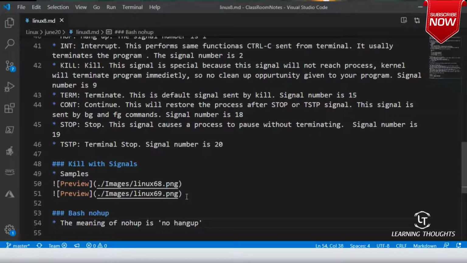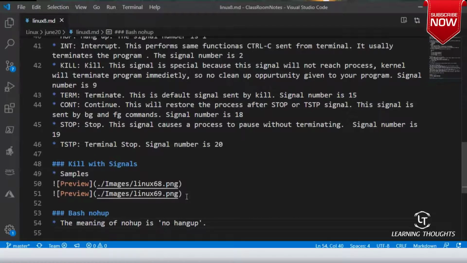Why do we need to do this? Generally, when we log out of our system, all of the running programs will be hung up and then they get terminated. If you want any program to run even after you log out or exit from your operating system, then you have to use the nohup command.